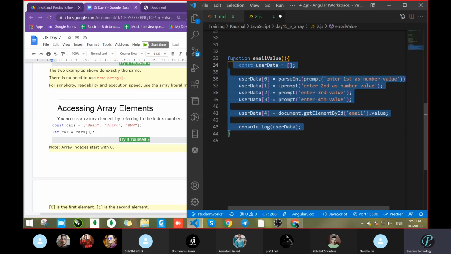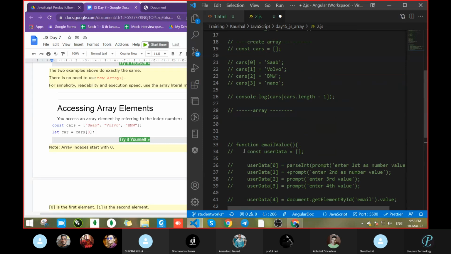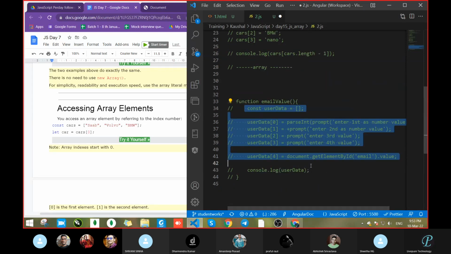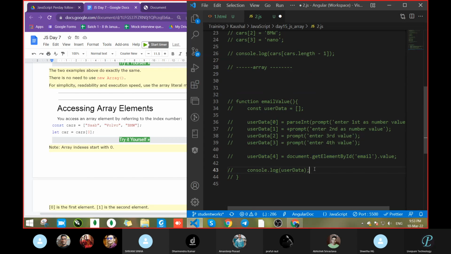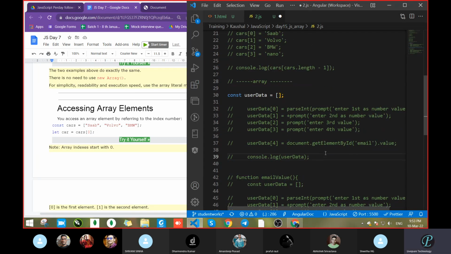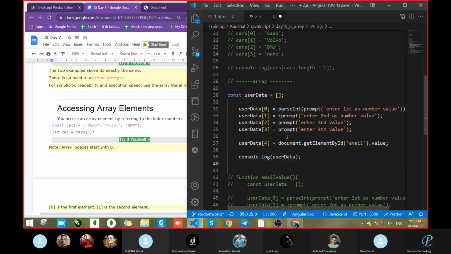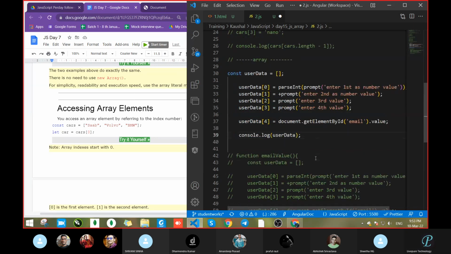We will look over that. Does anyone have any issue in accessing data of an array? Tell me. No issue?